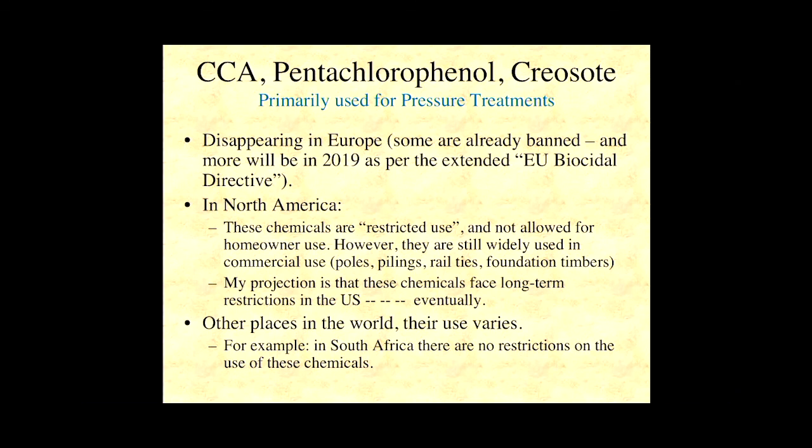They're just not available to the homeowner. So they're not available at Home Depot and Lowe's for everybody to buy. But if you walk down the street and look at a utility pole, it's treated with one of these three. So if you see a pole that's marked SPP, it stands for Southern Pine Penta. So pentachlorophenol is what it would be treated with. If it's green colored, it's treated with CCA. In those commodity products, like poles, pilings, rail ties, foundation timbers, guardrails, posts, those sort of things, those can all still be treated with these things.